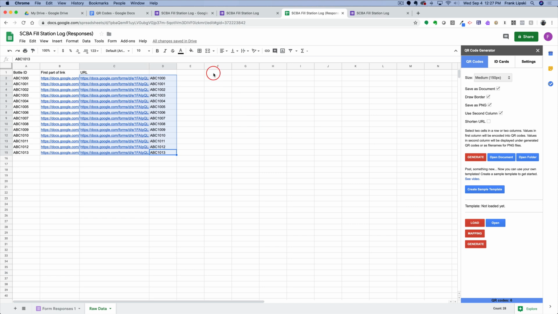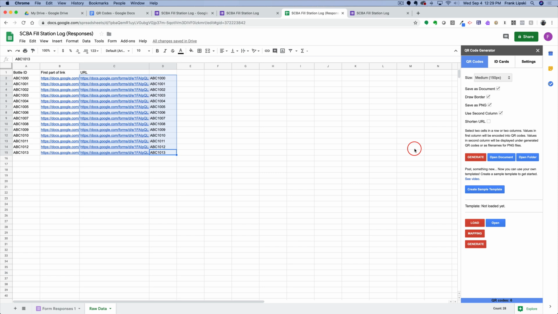And you can certainly use this same system for creating all kinds of different QR code based inventory systems as well. So a couple things I want to touch on here before we close the video. The QR code generator works wonderfully. It only allows you to do 20 QR codes per hour. So you either need to break these down and just do so many of them per hour, or you can go ahead and purchase